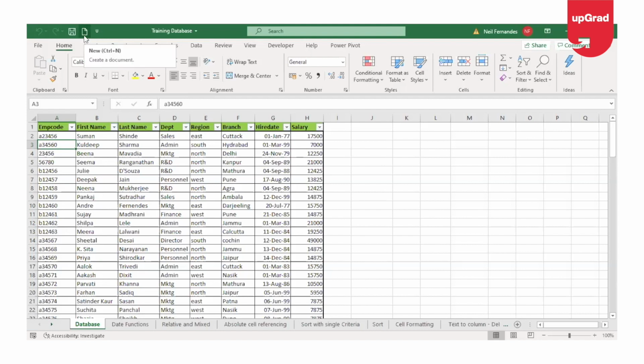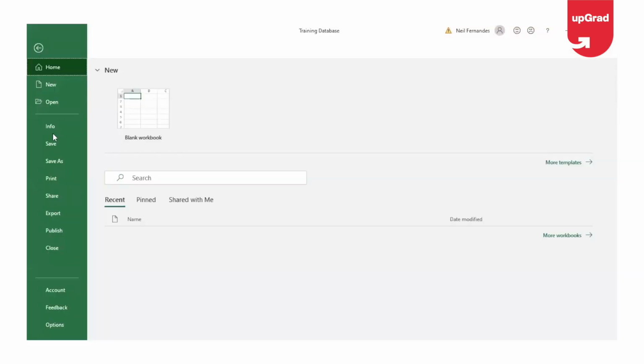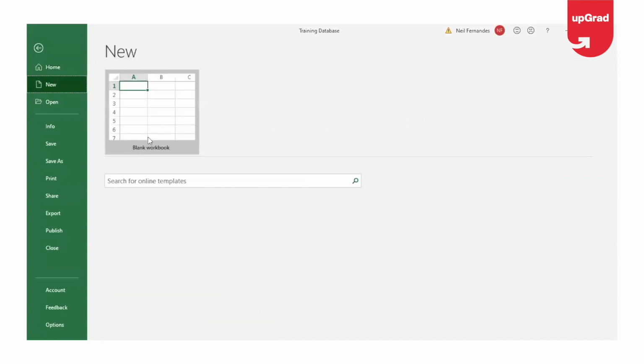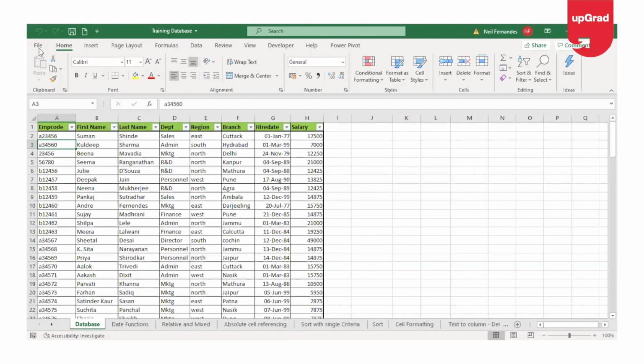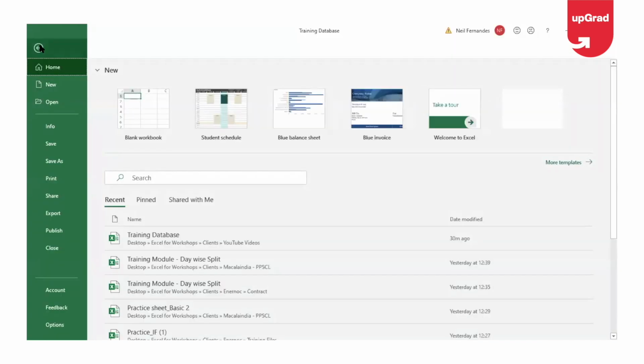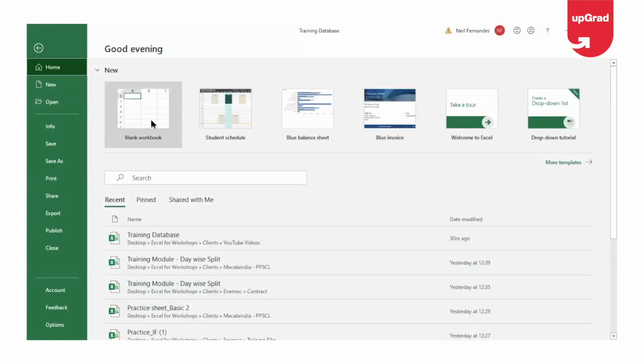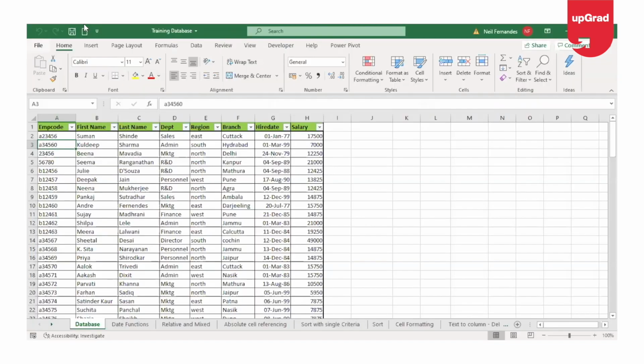Say for example, I want to open a new workbook. I will have to go onto the File menu, click on New, and from the New, I'll click on the blank workbook. Or I can also go to File if you have a 2003 or above version and just click on the blank workbook from the Home tab. However, if I had added that to the Quick Access Toolbar, I can just click on that button and it will open a new workbook for me. You can see that my Quick Access Toolbar already contains the new icon.